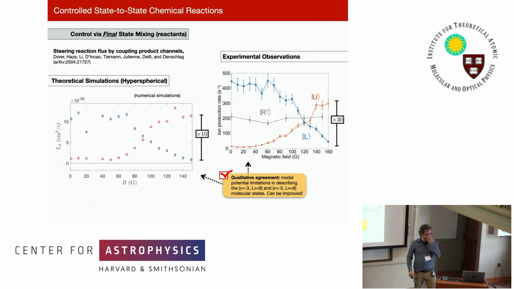We have to do truncations in our bound states. This is a highly rotational state, right? So we have a little bit more difficulty in describing these states. But if we use potential models, they are deeper, right? And so it's going to correct things, and that should go towards what the experiments see, right? But the general trend is there, right? And that's what we care about at this point,